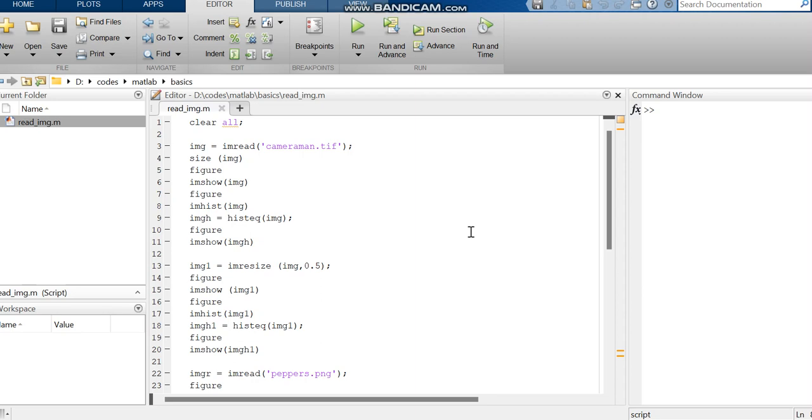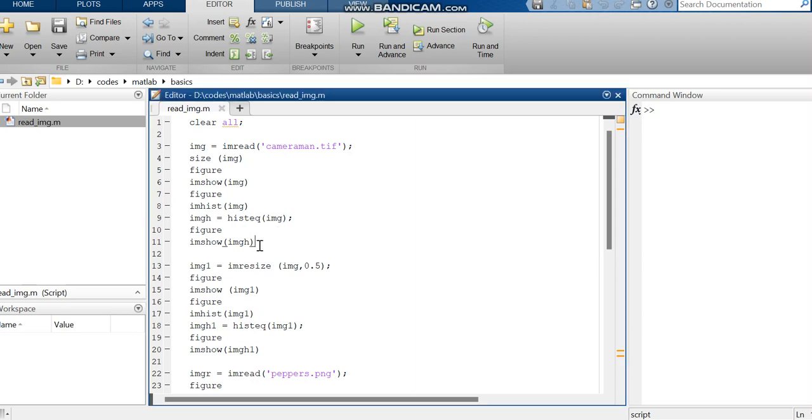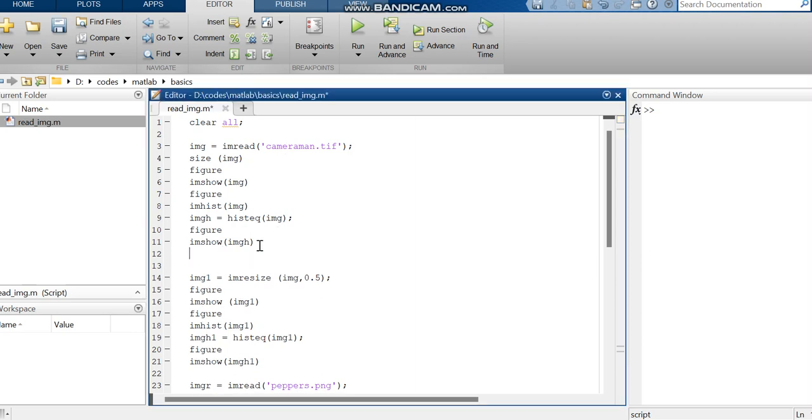Since it's a basic tutorial of image processing, we are just using the default Matlab Gaussian filter function. So this is the original image I have read, of cameraman.tif. After this histogram equalization image, I'm just